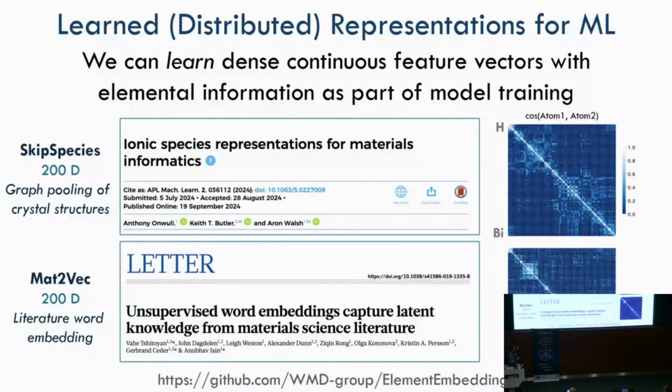So we did something a little bit similar, 200 dimensions again, but based on crystal structure databases and the connectivity between atoms in those databases. So what we call skipspecies. And you can see from these plots, you're looking at the cosine similarity between atomic vectors for each of those models. You can see they encode quite similar information, or at least similar similarities. The lead diagonal is just the element with itself, and the bright spots are elements that are similar to each other. So one model trained on text, one model trained on crystal structure, and they end up giving quite similar relationships.